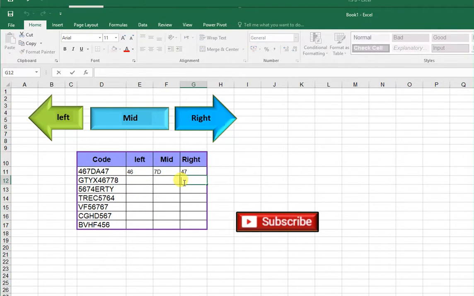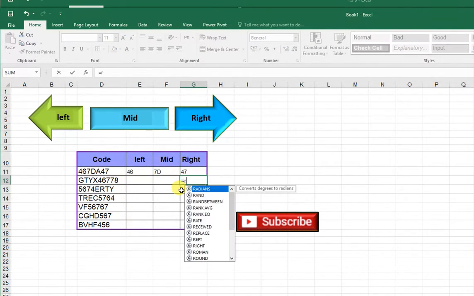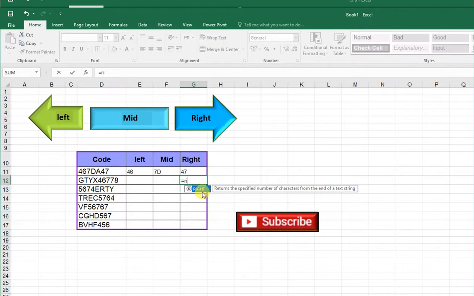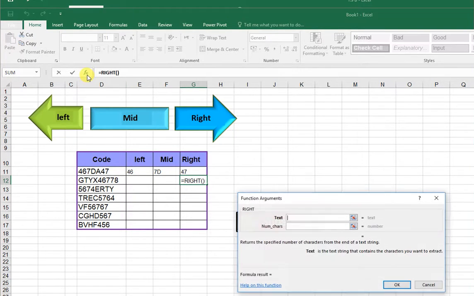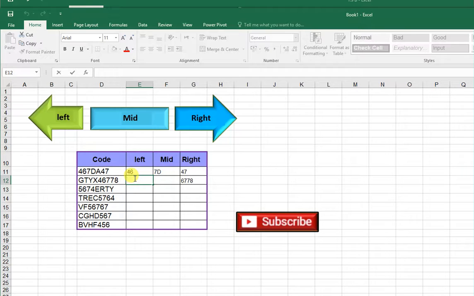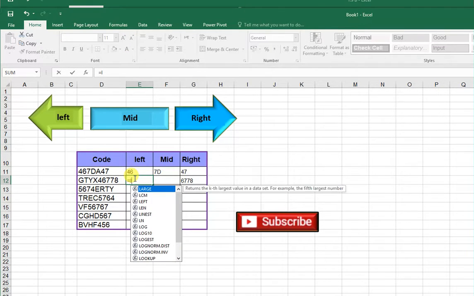If I want the right from here, equal right, and then it opens a box, I take from here, but I want the 4 from the right, it's 6 7 7 8, 6 7 7 8, and then I press OK, and the left side, equal left,